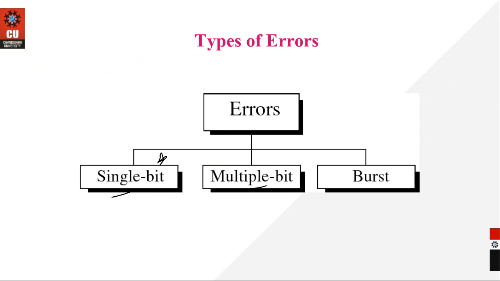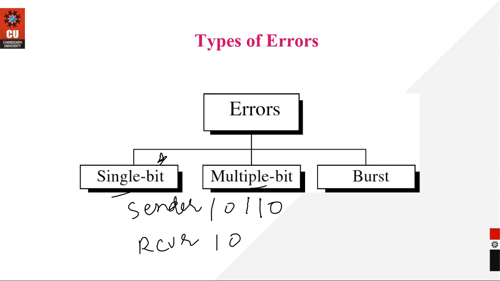If you have any doubt about it, please ask me in the chat box. Now let's talk about multiple bits of data. Suppose I have got data 10110, right? Suppose this is the data on the sender side. When it was traveling over the channel, on the receiver side, the data that you received was 10011. Now tell me how many bits are impacted during the transmission. The data was 10110, and on the receiver side you received 10011. So 2 bits are impacted. The first bit is this one, and the second is the last one.